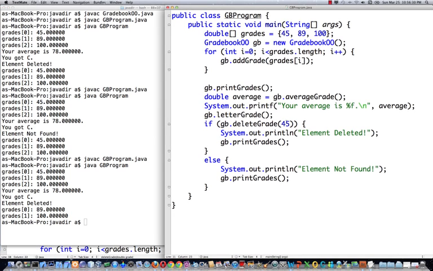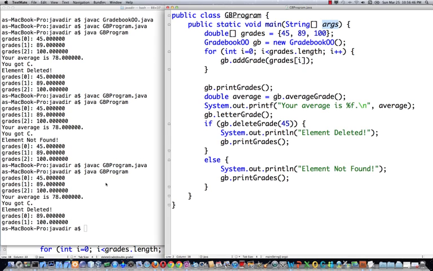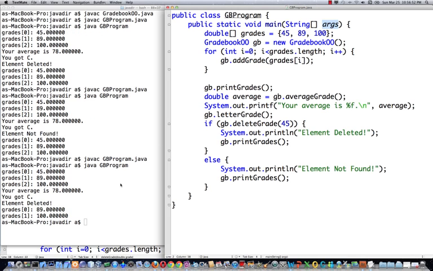It would be a bit interesting to use this value to take as an input the element to be deleted. ማድረግ ትችላላችሁ. It would be, leave it as an exercise for you. So run ስታደርጉ java gb program ብላችሁ delete የሚደረገውን ኤሌመንት ብትሰጡት then ያንን value እዚህ ቦታ substitute ያደርግና then it will do the job. But anyways